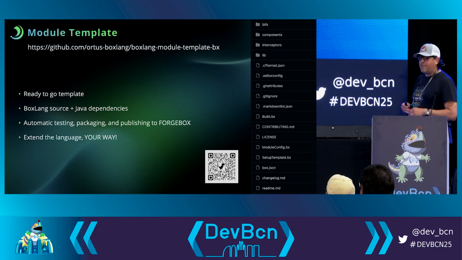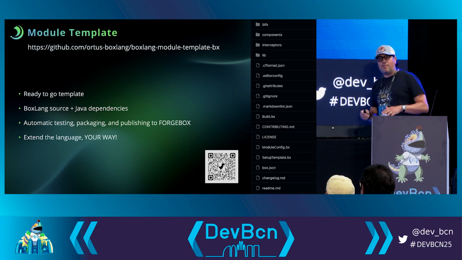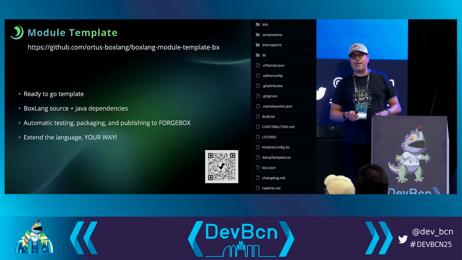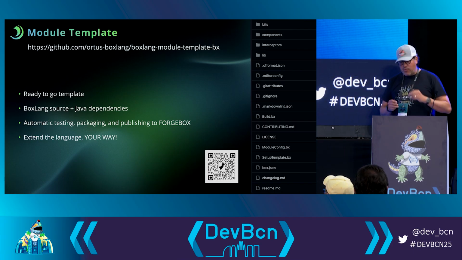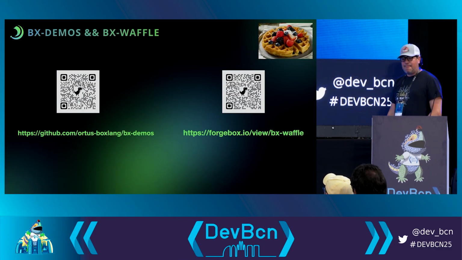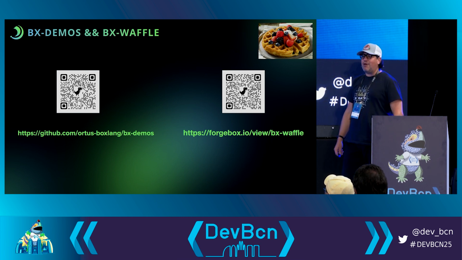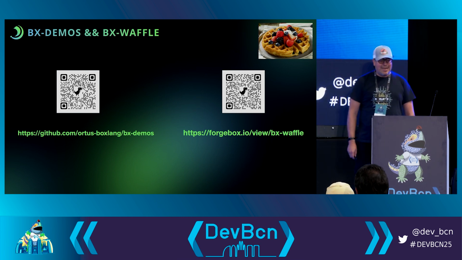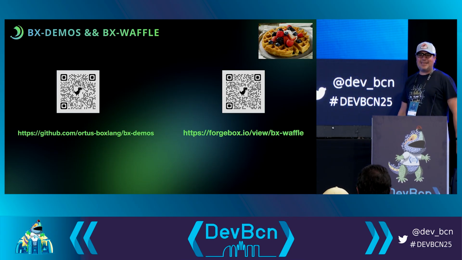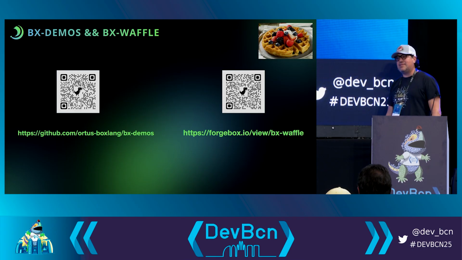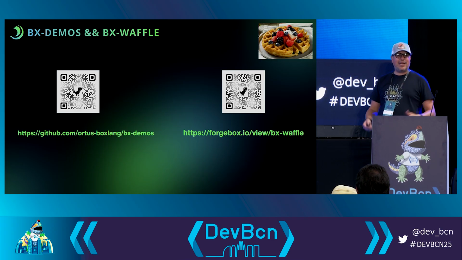This is really a way for you to extend the language. We really wanted developers to extend the language your way. So all the hooks are available for you. We have tons of demos on this, and we even created what we call a BX Waffle module, which basically extends everything. The BX Waffle looks awesome, and it has everything on it, and it extends everything inside of the core. And it's a great example for you to work with and start getting your hands and feet